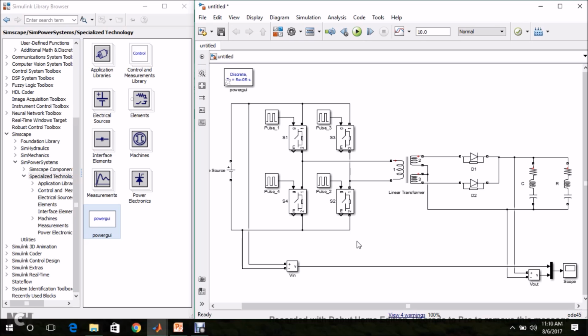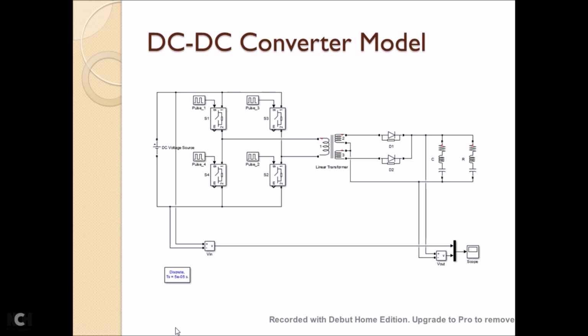So this is in boost mode. You can change this circuit topology for a buck mode also. And I have used the ideal switch. As per your requirement, as per the application, we have to choose MOSFET or IGBT. So I have explained about the simulation of DC-DC converter, simple circuit topology